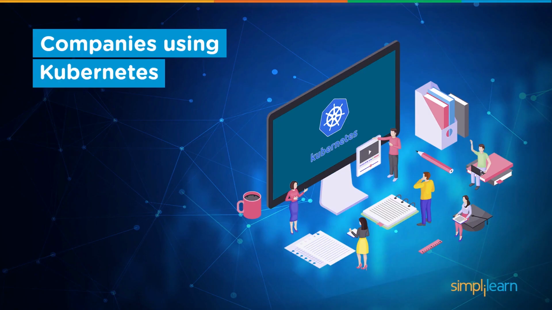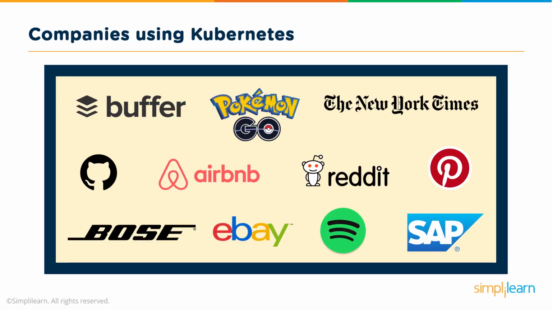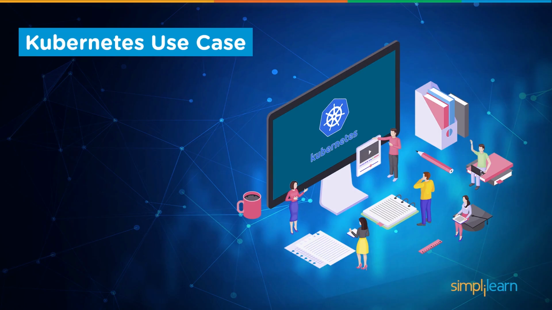So let's have a look at some of the companies using Kubernetes. There are a lot. And if you're doing any work today in the cloud, or even if you're just starting off and doing some simple work in the cloud, there's a really good chance that you are using Kubernetes. Some of the companies that you would probably not be surprised are using Kubernetes are Spotify, SAP, eBay, and of course some of the big companies out there, Google with their entire network of solutions, and Microsoft with Office and their tools.